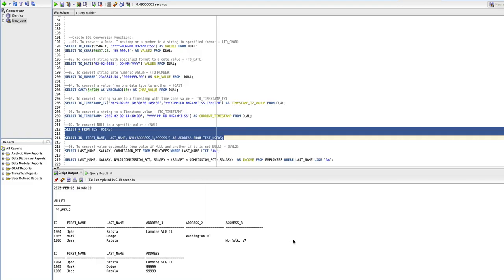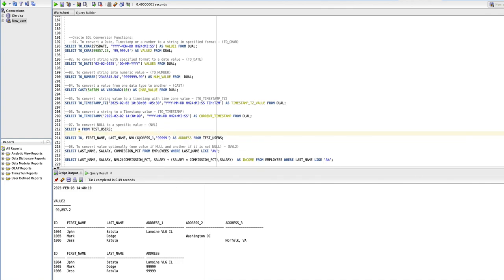That means I'm going to use only address 1 and tell that if there is a null, then replace that null value by 99999. That's why I have mentioned here NVL(address_1, 99999). That's why we observe here, this is the second result,